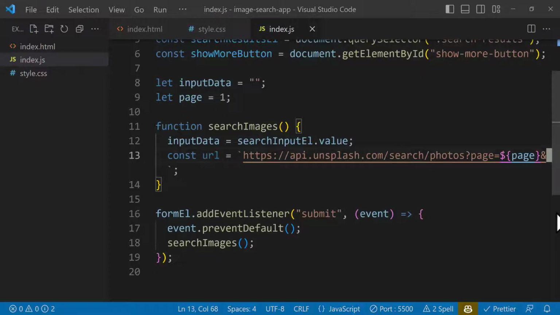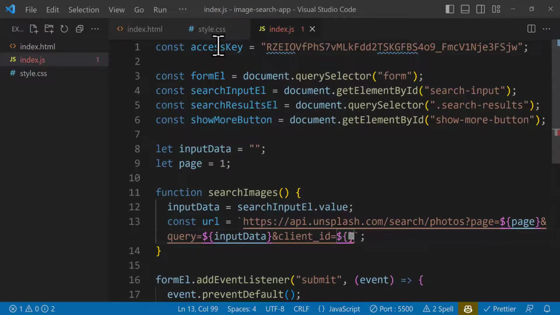And then this is going to be query. The next one is query. And this is going to be equal to, this is dynamic as well. Whatever we have here, this input data we put here, this is our query. It can be dog, cat, or anything you search. And after that, we have the access key, which we're going to call client underline ID. So these are very important, actually, the same things you write down, because if you write down something else, it doesn't work. This is the way you ask for the API,